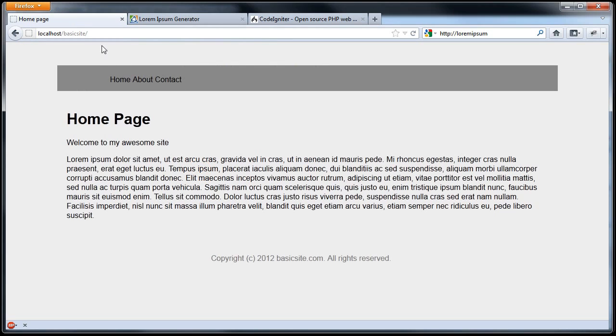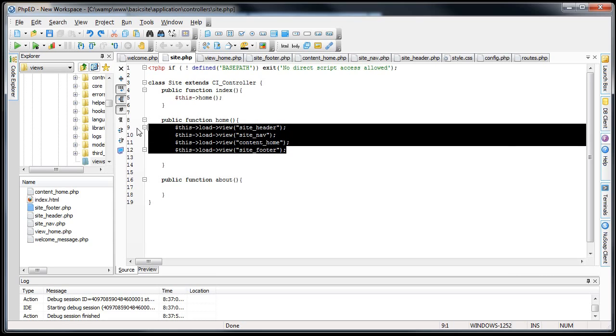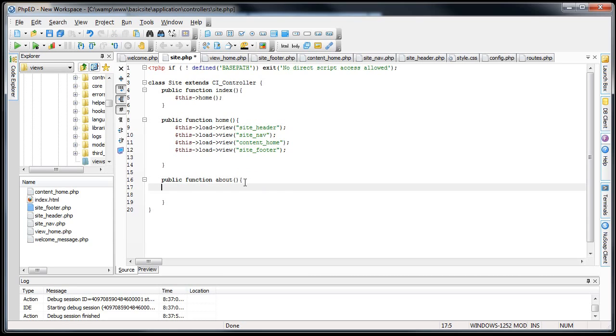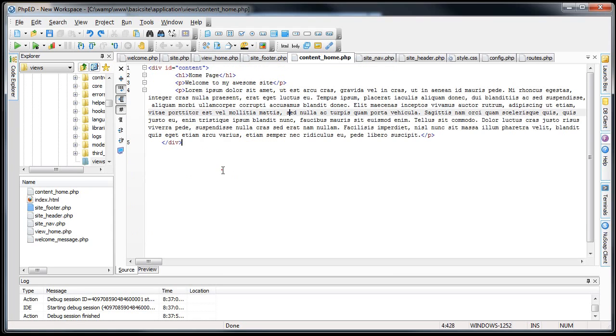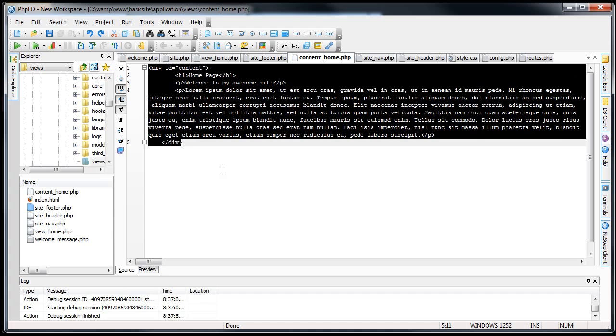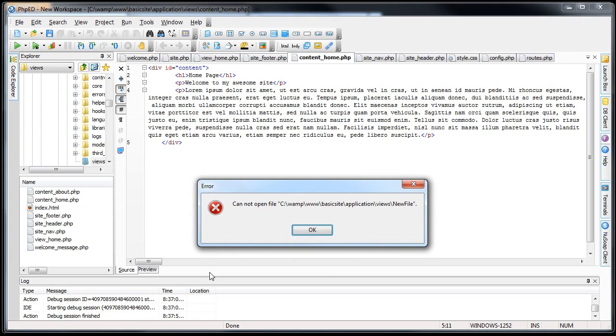and now when I go to my basic site, it actually looks exactly the same, so we can't tell. But because there's no errors and we're actually loading this controller, we know that it works. Just to test this out, why don't we copy all of this, put it in here, and then just change this to content_about, and we'll actually create that right now. We'll go to the content home, copy everything in here, Control A, C, create a new file called content_about.php,